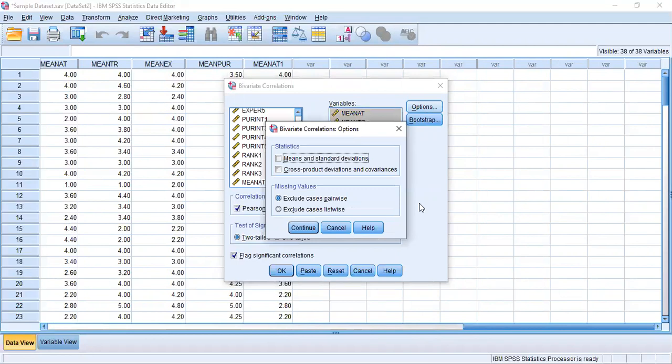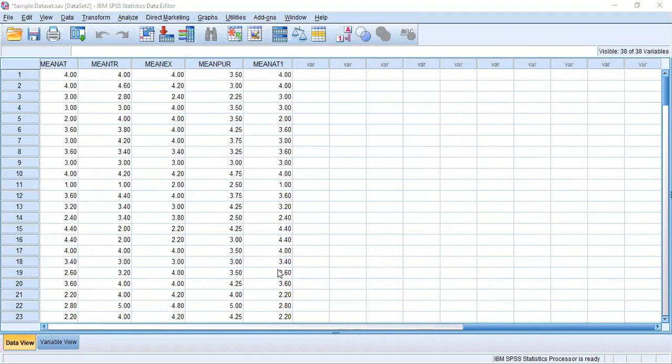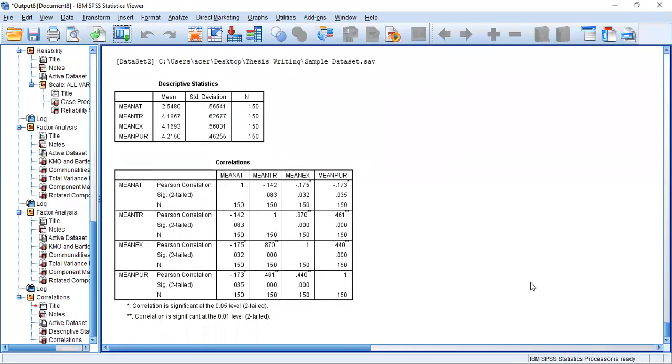If you need the mean and standard deviation of each variable, under the options button, you can click means and standard deviations. Continue. Then OK. Now you can see the correlation analysis.